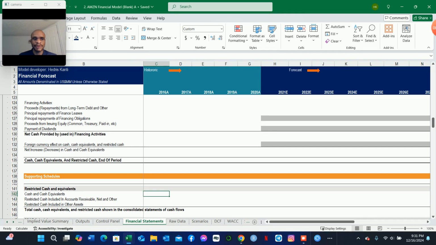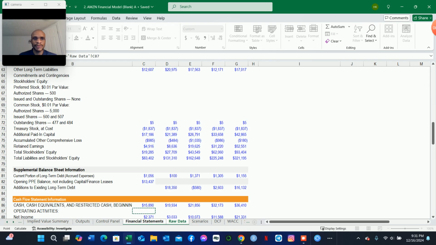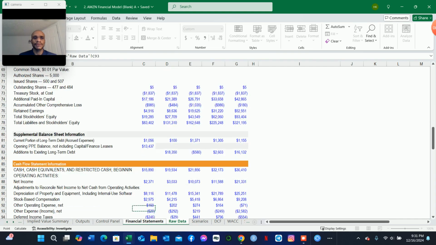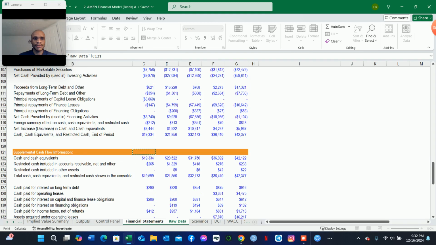So we can grab that, go to the raw data tab, and we grab the cash and cash equivalents, the restricted cash included in accounts receivable net, and also the